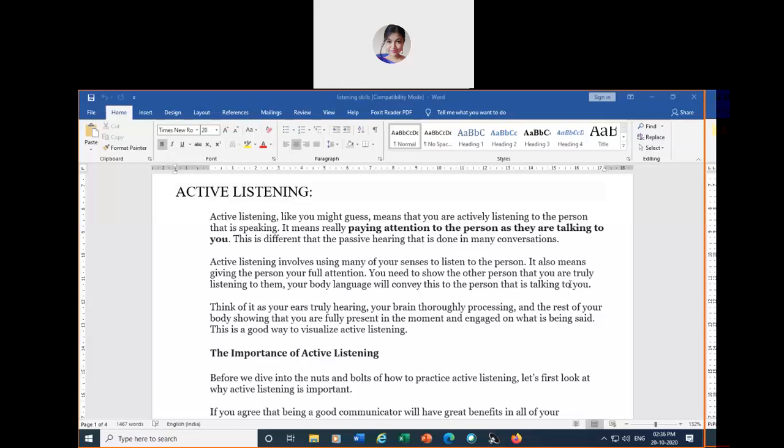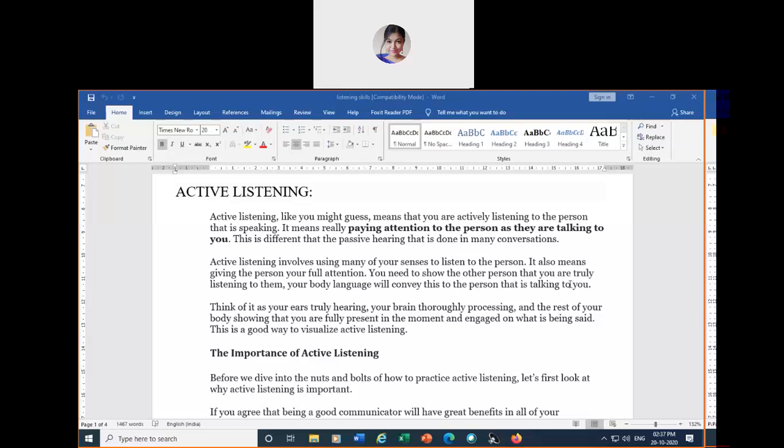But what do we generally do? We generally ignore. We do not listen to those sounds. We do not pay attention to those sounds. We do not pay attention to whatever we hear, isn't it? So hearing is an activity that is automatic, but listening is conscious. When you choose to hear something, that is listening. Now, y'all are listening to my lecture, isn't it? Y'all are listening now because you have chosen to do it.